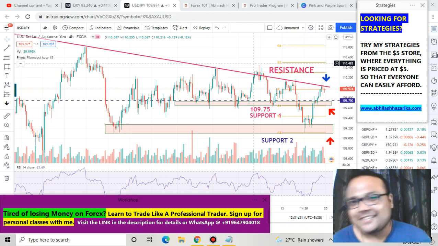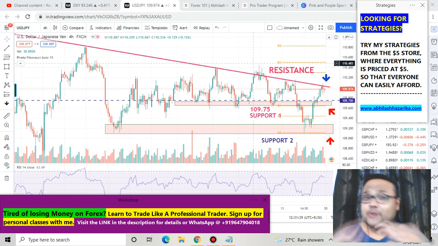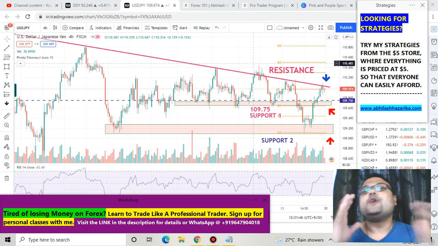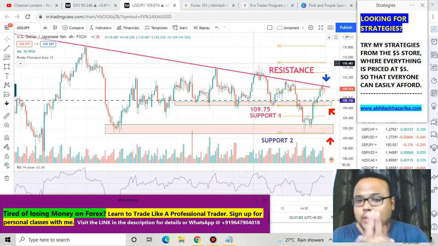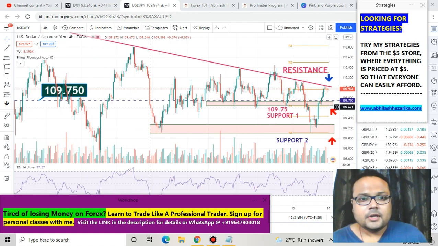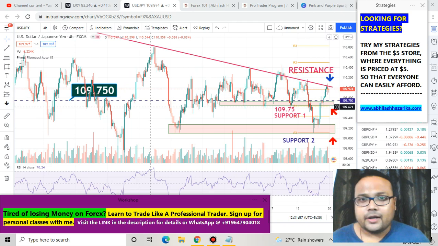So let's get started. This is the Forex chart of USD JPY in front of us right now, and as you can see, I have got many levels here. I have also added a few arrows on the chart, so the chart looks very colorful. So let's try to understand what is going on in the chart of USD JPY. What should be a trading strategy for the coming week and on Monday? So let's find out. First of all, I would like to talk about the trend of the market,